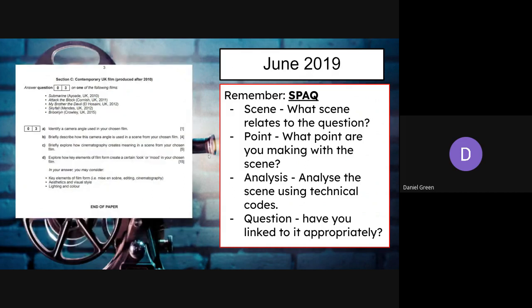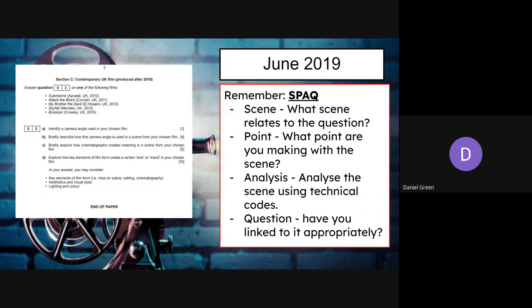Now on section C, on the Skyfall question was identify a camera angle used in your chosen film. Now, please stick to traditional camera angles. Don't try to do anything wacky. Stick to something like a close-up or a long shot or so on, and name it and make sure it's a correct camera angle. You can lose this 1 mark question if you name something that isn't considered a traditional